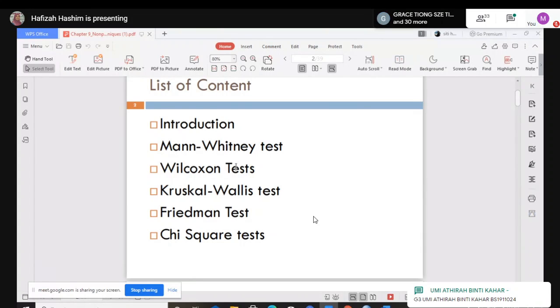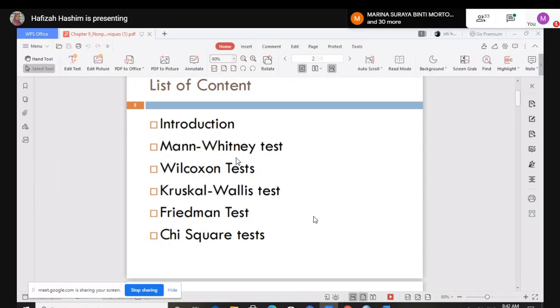I think you still remember the difference between independent and dependent. Independent means the two groups are totally different, and dependent means you are using the same subject, directly related samples from the same subject. Now we focus on the Mann-Whitney first and then go to the Wilcoxon, Kruskal-Wallis and Friedman test.